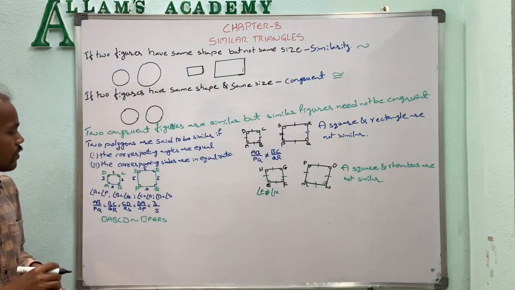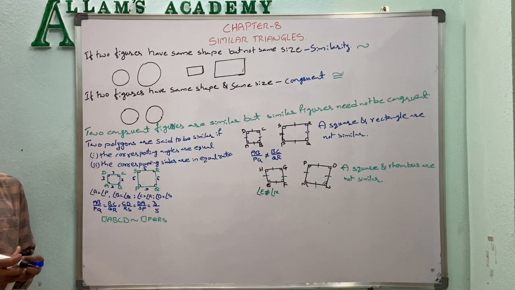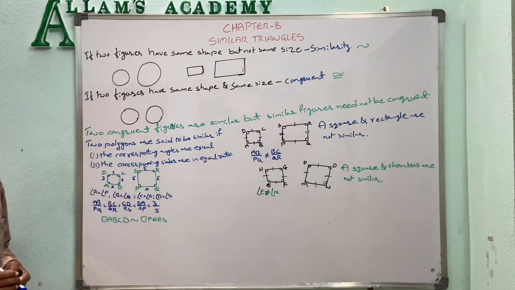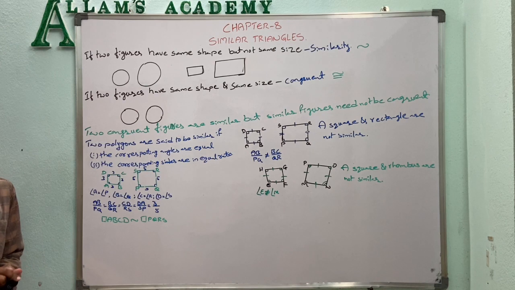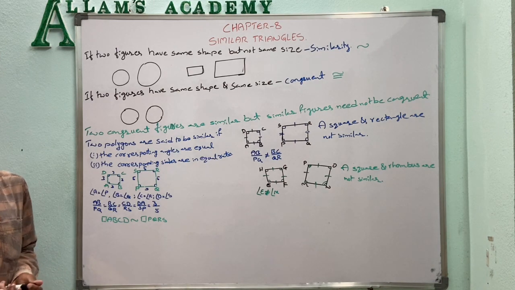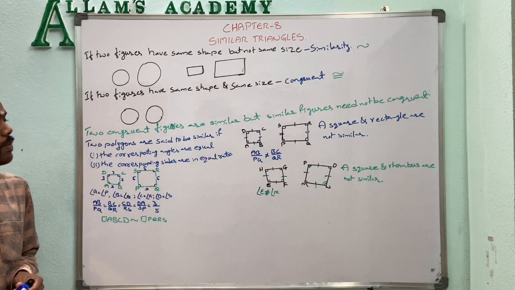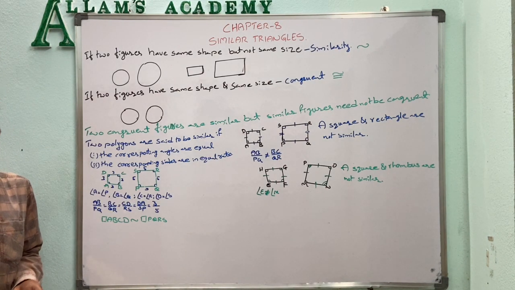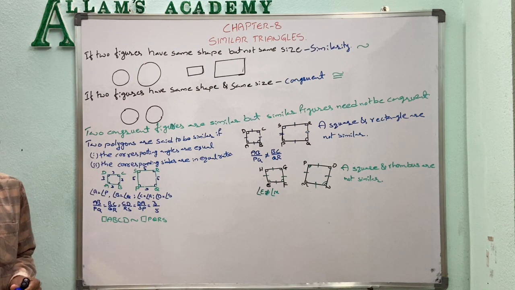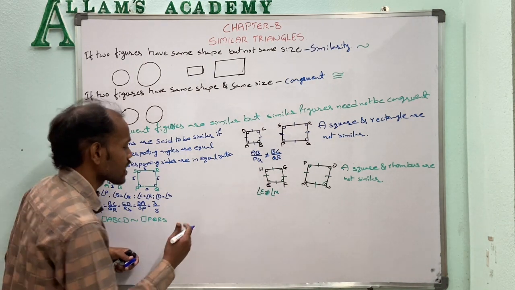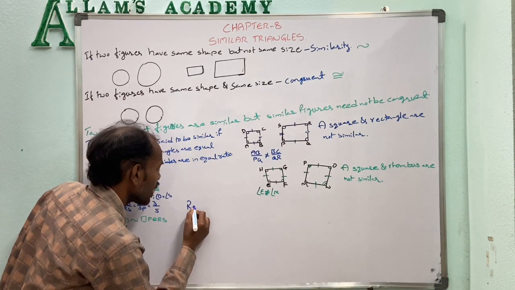Okay, next, in a polygon that has more sides, if the sides of all lengths are equal and all angles are equal, then the polygon is called a regular polygon.